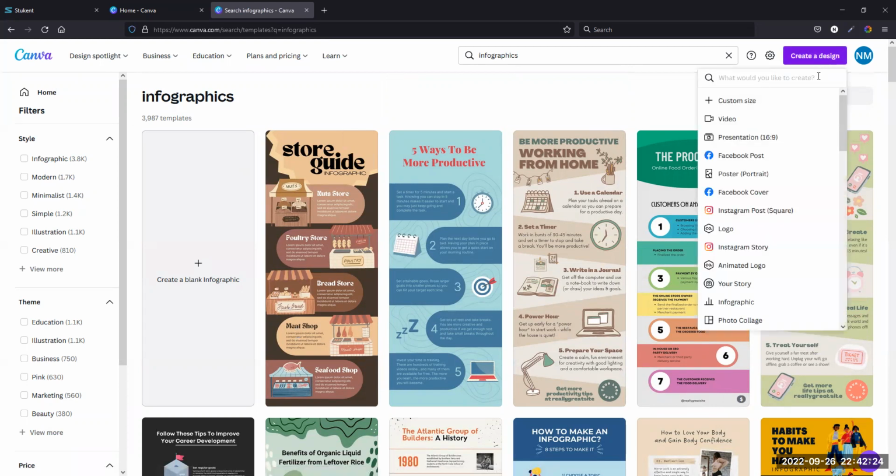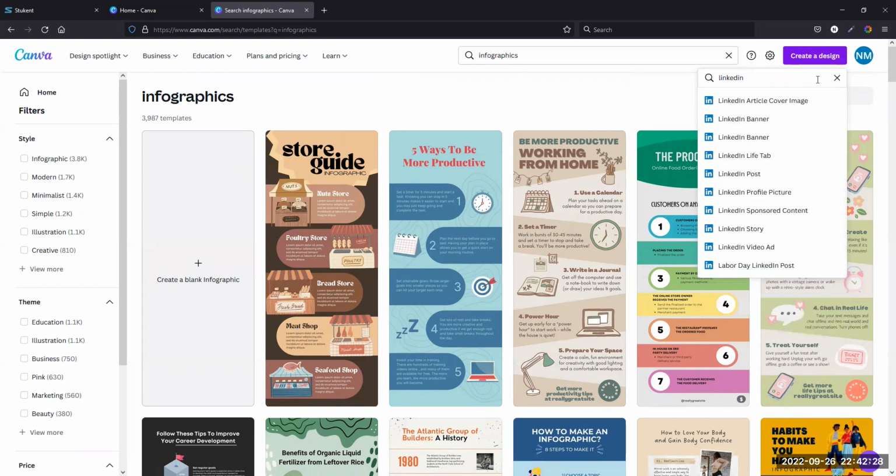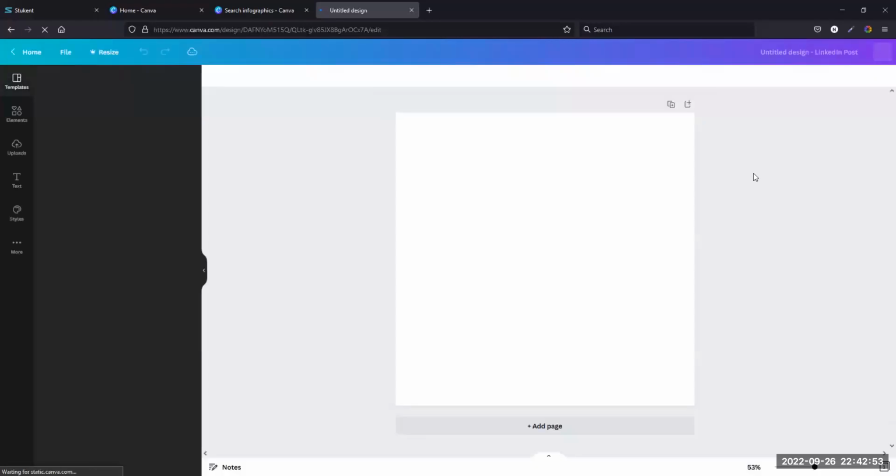Instead, you go up to create a design. Let's start with the LinkedIn post. You'll see there's all these different options. Not only can you create an article cover image, but a banner, a tab, a post, profile pictures, mounted content, stories, which don't exist anymore, video ads, you even want it for Labor Day. Okay. So we're going to go to the post. You'll do this for Facebook as well, or whatever social network that you're working with,